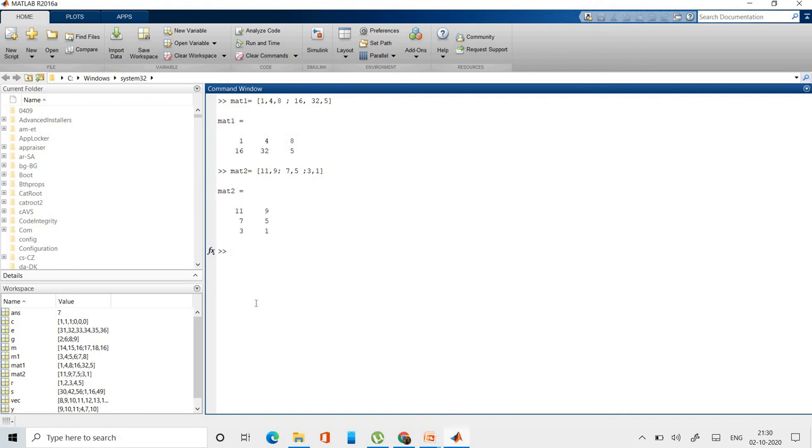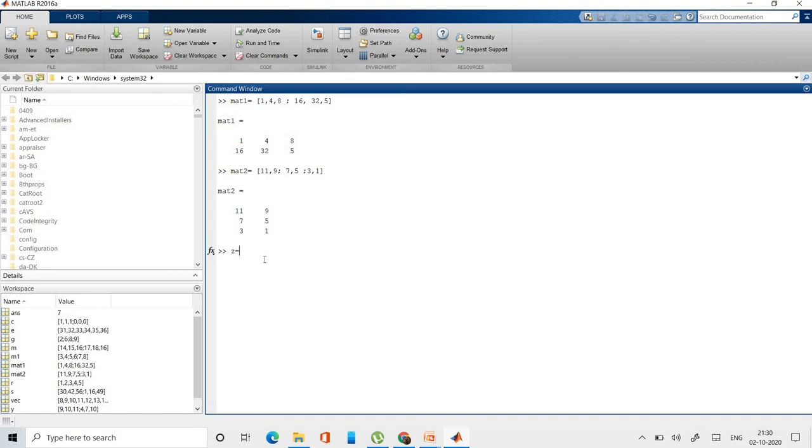So we have a 2 cross 3 and a 3 cross 2 matrix. While doing matrix multiplication, use the asterisk sign over there, don't use the dot sign.